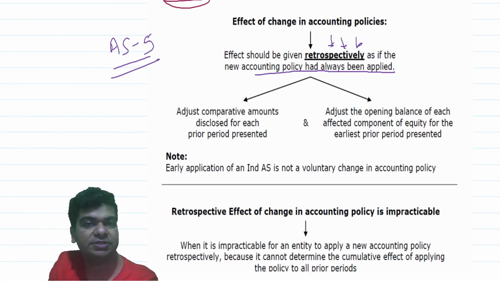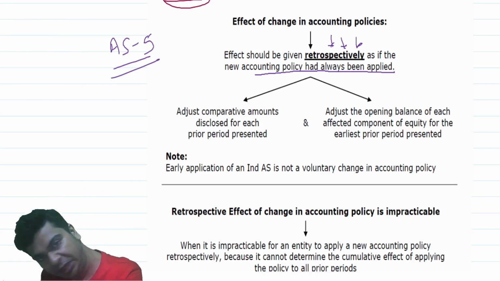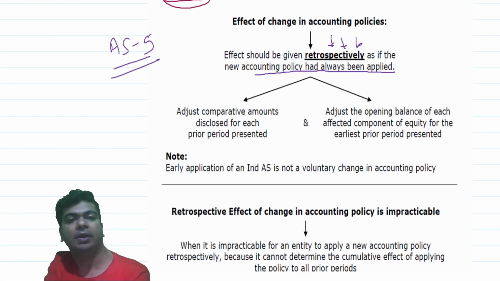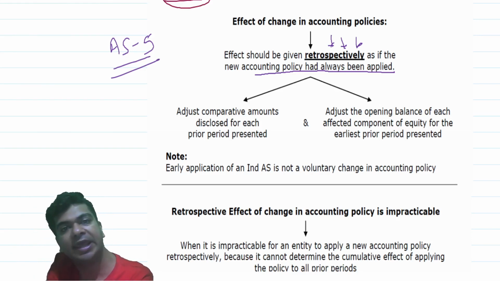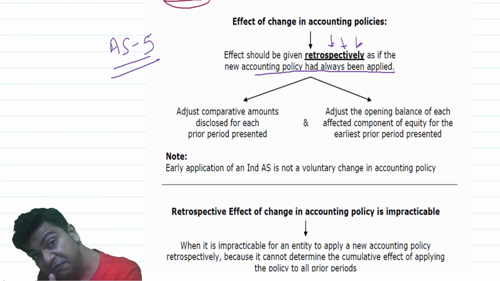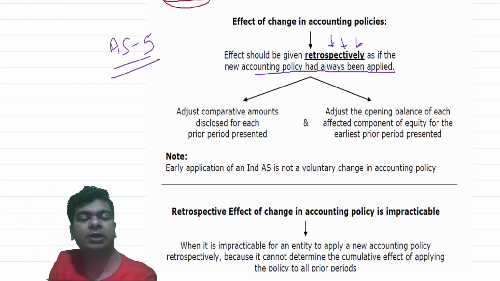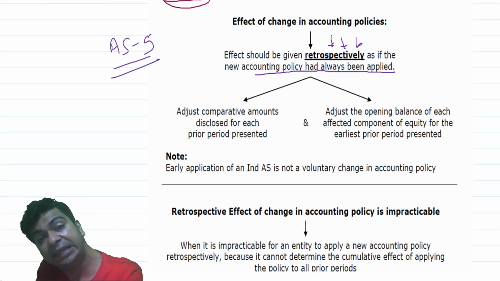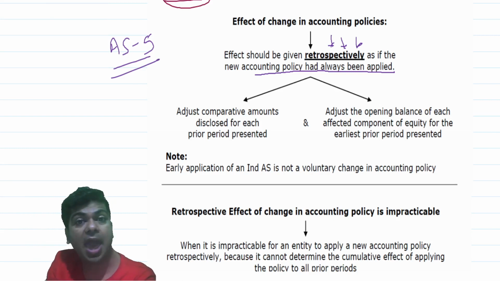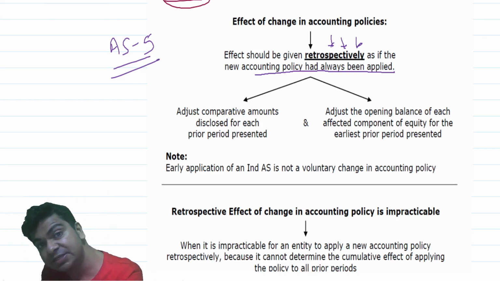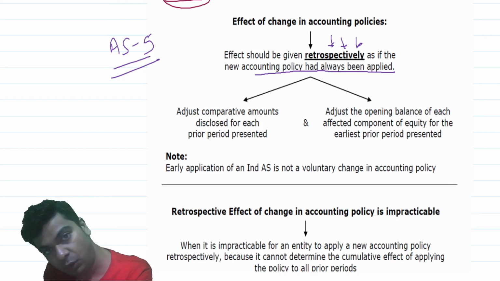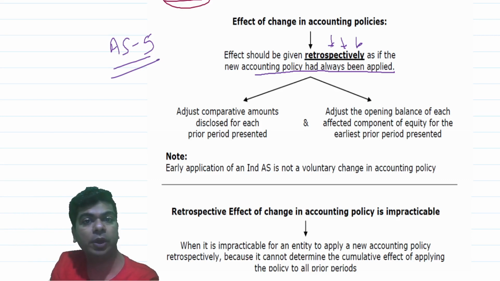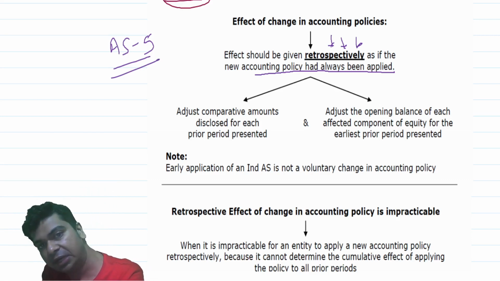Ind AS 8 also says that whenever you change an accounting policy, its effect should be given retrospectively. But let me tell you, the similarity ends over there between AS5 and Ind AS 8. The way the effect of the retrospective change in the accounting policy is to be given in the financial statements is materially different in Ind AS 8 and Accounting Standard 5. So that's the reason I am saying I require your utmost attention now, because what we are going to discuss is something very different from what we have been doing all these years under Accounting Standard 5.